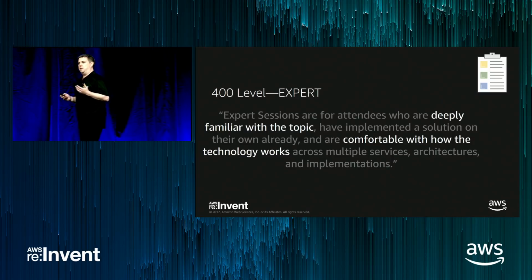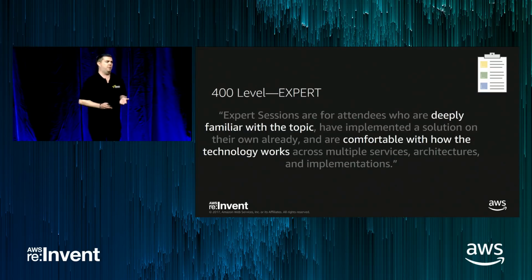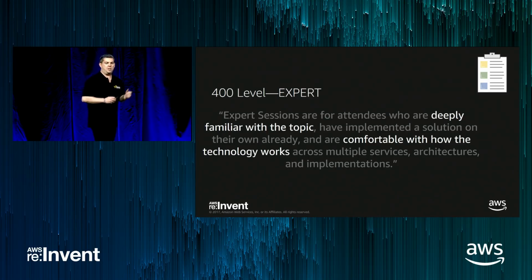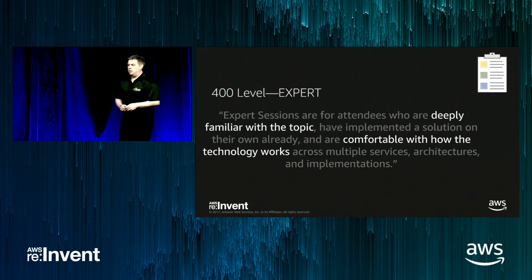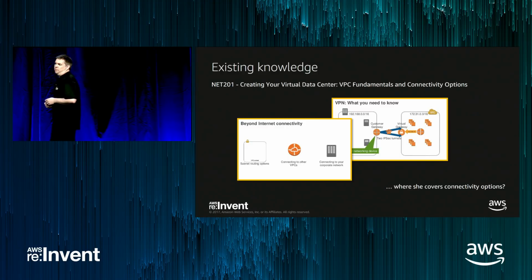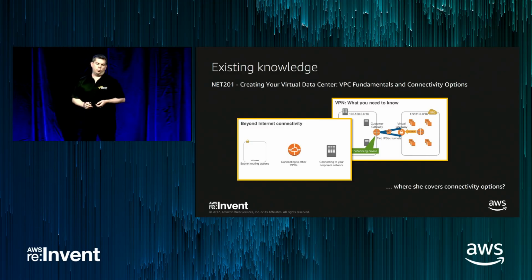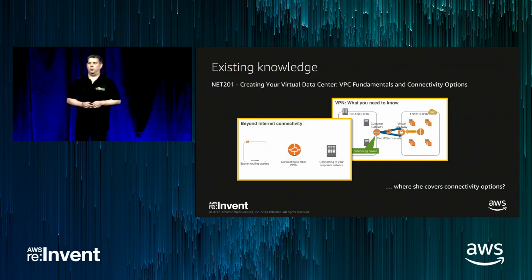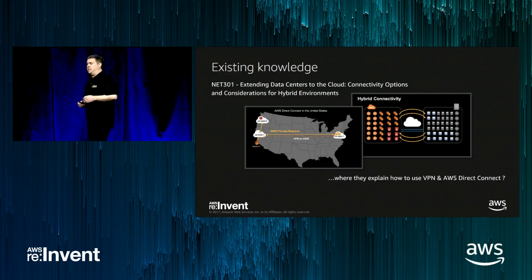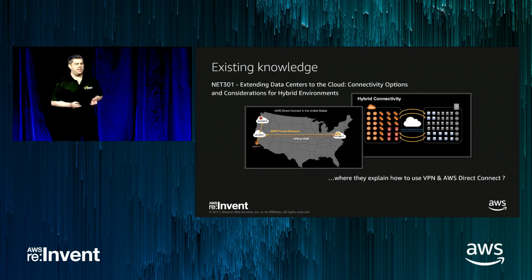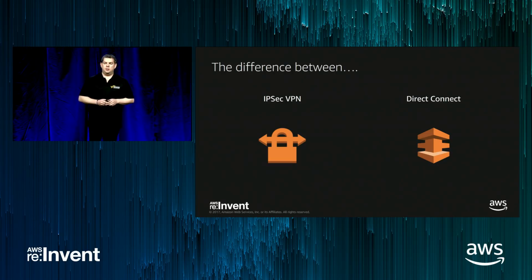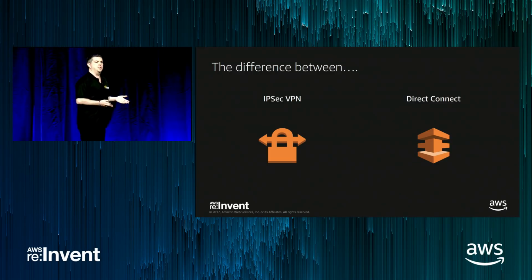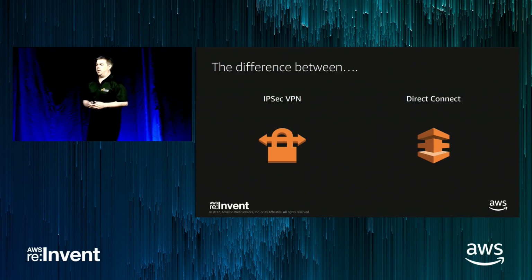So I'm expecting that the people that are listening to this are deeply familiar with these topics already. So you should be comfortable with how the technology around VPNs and Direct Connect works. The existing knowledge that perhaps you have came from maybe earlier this week in Gina's session, where she talked about connecting your VPCs and the various connectivity options that are available. Perhaps you were in Sid and Benjamin's session where they looked at hybrid connectivity, and again, they talked a lot in detail about Direct Connect and VPN. So overall, I'm expecting you to know the difference between an IPsec VPN and Direct Connect at the very beginning